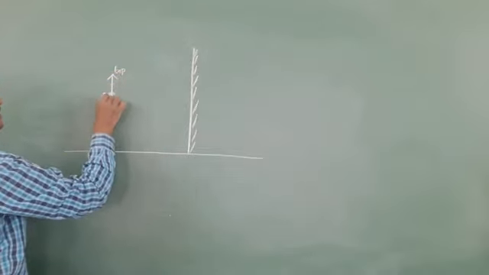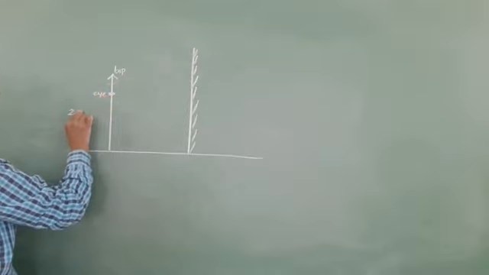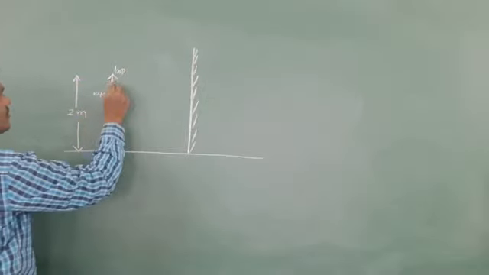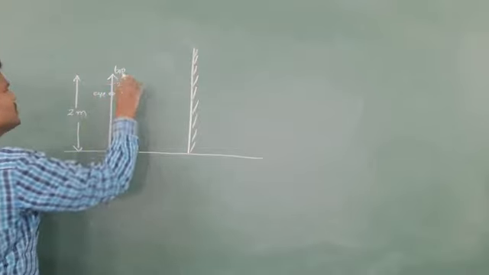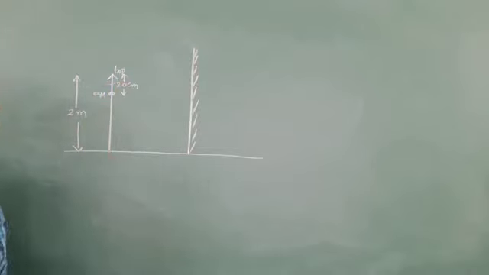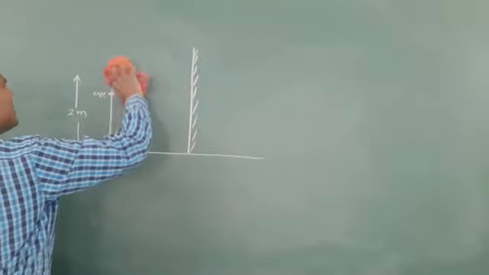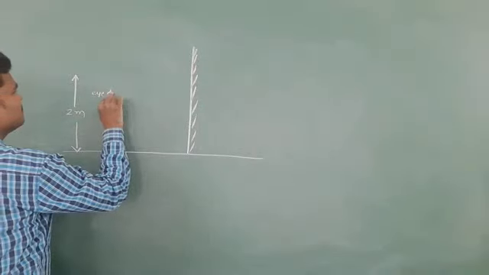His eye level is here. For understanding point of view, I drew it a little lower. Let us suppose the person's height is 2 meter, and the eye level is 20 centimeter below the top. Then what is the length of the mirror required by him to see his full image? This is also possible if you draw a proper ray diagram, so practice it a number of times.